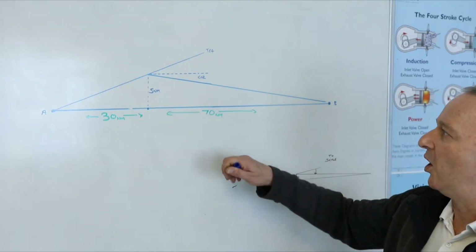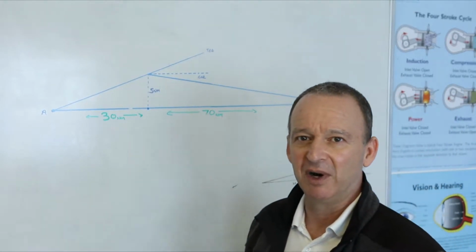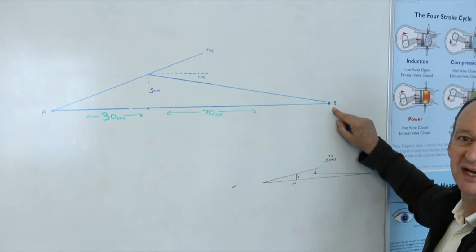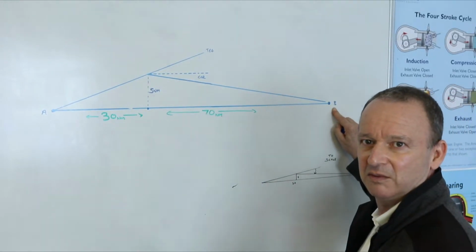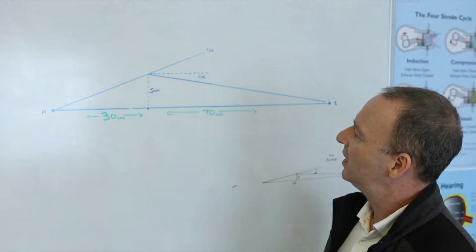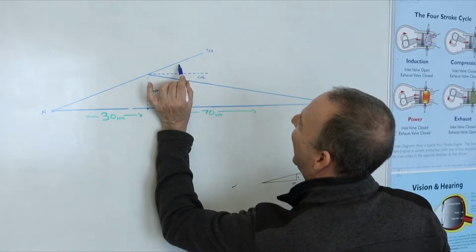What they want to know is what angle that you have to change your heading by to get from your position back to your original destination, B. Okay, so what we really need to know is this angle